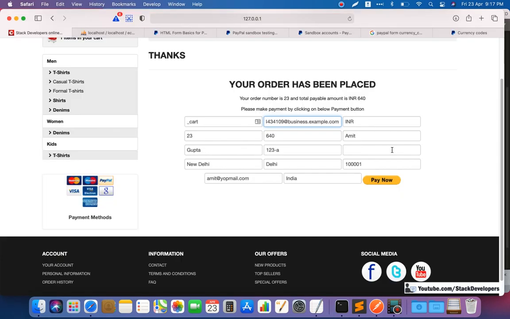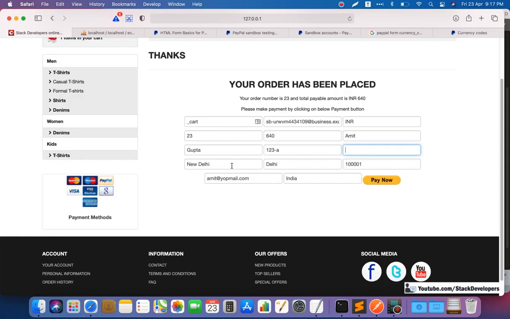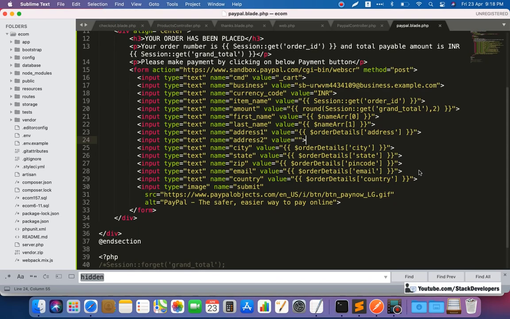Okay, so this one we required, and one field is empty, Amit Gupta 123, and that we don't have, no issue, and rest of the things seem to be fine. Okay, so we can click on pay now once, and we'll see that it will work or not. And let's see, still it is not working. And now we need to see why it is not working.